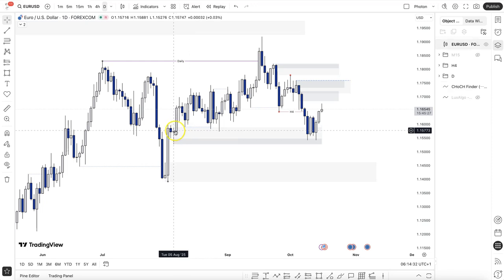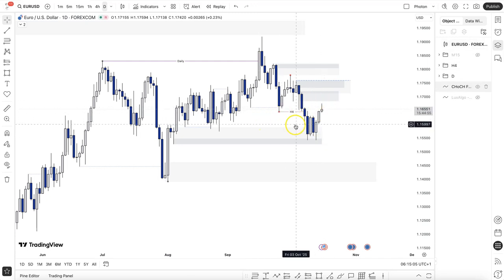Well, if you look at it, price came here and then this is already mitigated because this candle has already dipped into this. So I think all the demand that was there was used to fuel this movement. So I would think that this demand is not a very strong one because it's already been mitigated. And price comes here. We've had a bit of a struggle between buyers and sellers over here. And now we see price kind of moving up. This movement of price up could be to fuel the pullback that is happening over here.